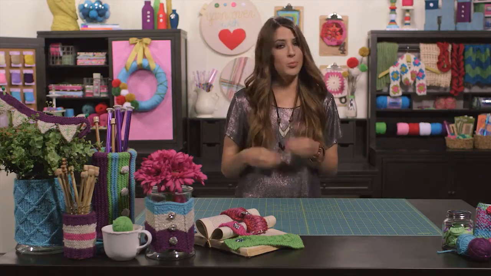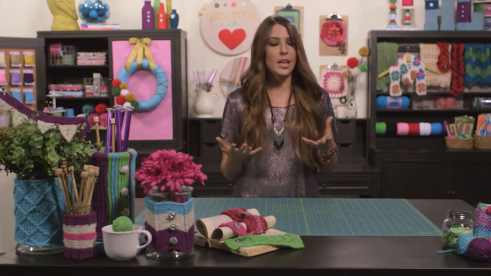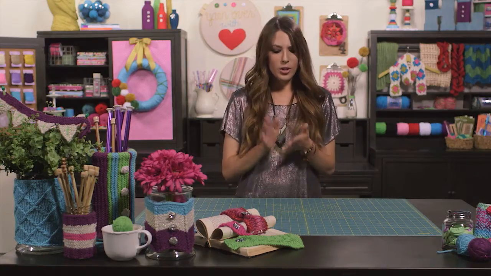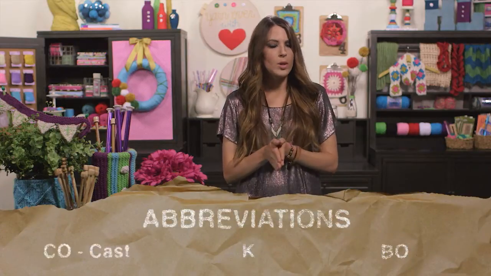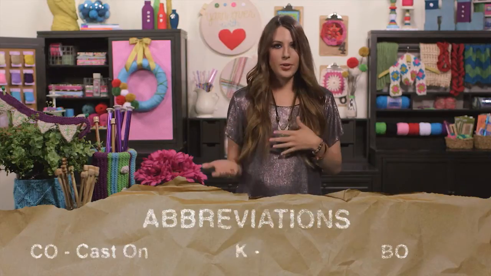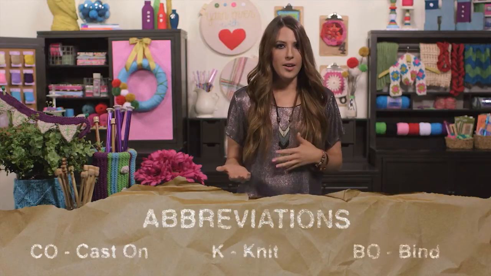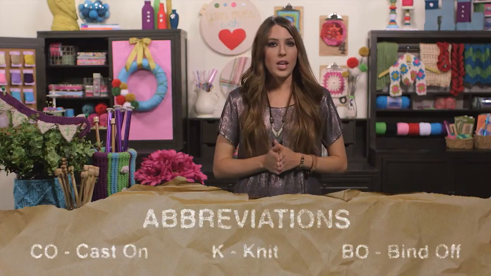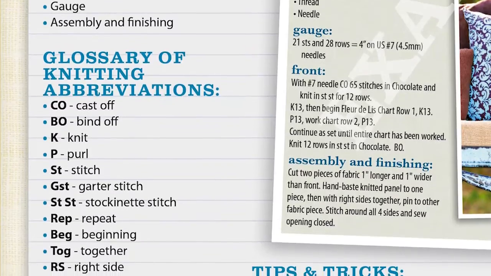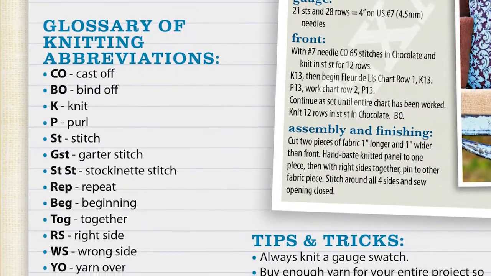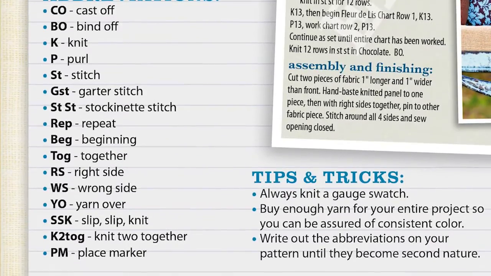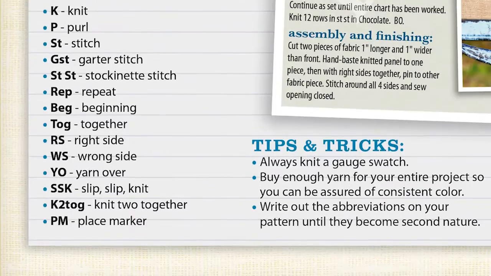And pretty soon you'll just be reading through those lines of your pattern just like it was second nature. You won't even have to think twice about it. So I kind of do it like this. I look at my pattern and I say, okay, CO. Well, CO stands for cast on, write it above that abbreviation. K stands for knit. BO stands for bind off. So just practice doing it that way and you'll get it before too long. Also, go ahead and take a look at the printable that we'll have available along with this tutorial, and it will have a great list of general knitting abbreviations on it that you can start to study with and refer back to whenever you need to.